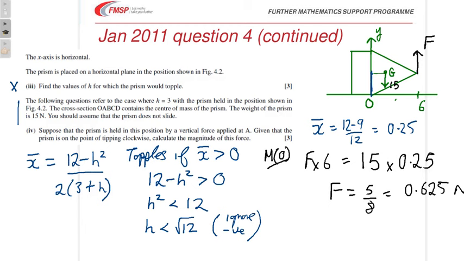Right, for the toppling and the h squared less than 12, a method mark for saying that x bar is greater than 0 for it to topple, and then 1 accuracy mark for ignoring a negative, it would appear, and just using the positive square root. Okay, for finding the value of the force F, there was a B mark for writing down the value of x bar, and then a method and accuracy mark for taking moments and getting the right value of F there. And then right at the end,